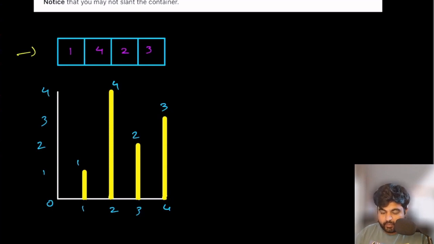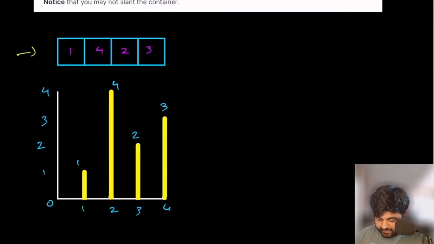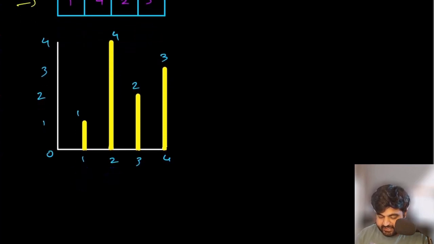Now what we can do is, based on the height difference, we can create some containers. So if we consider value number 1 and value number 2, based on this we can see that we can actually make a bucket that looks like this. Now we cannot make a bucket that looks like this. Why? Because the height of the smaller item is only 1. So this is the only bucket we can make using these two items.